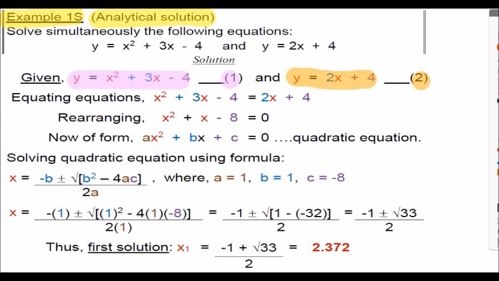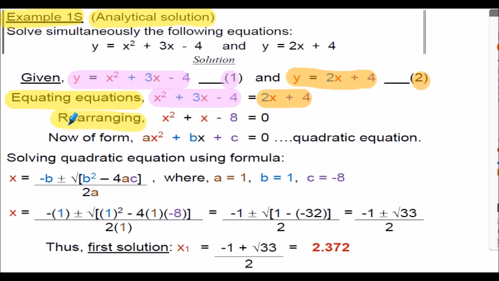And what we do now is equate the equations. On the left hand side I have x squared plus 3x minus 4, the quadratic equation. On the right hand side I have 2x plus 4, the linear equation. To rearrange the equations, bring all the x terms and the constants from the right hand side to the